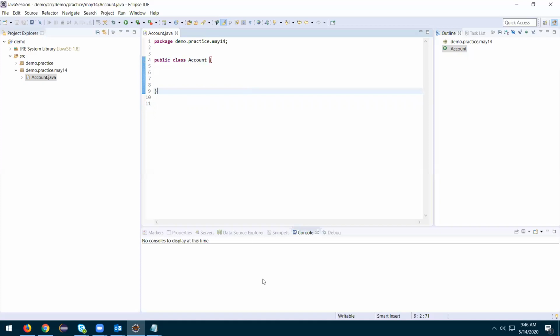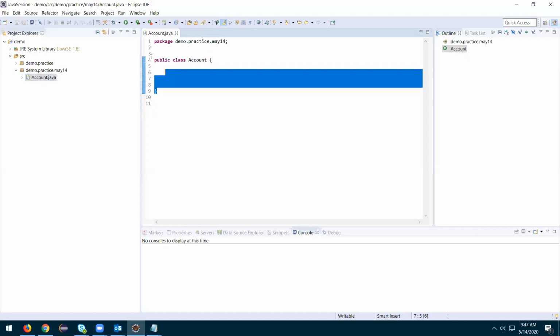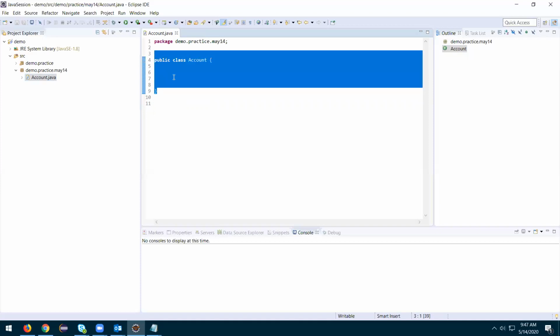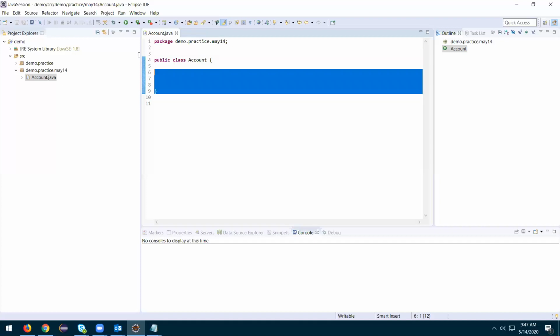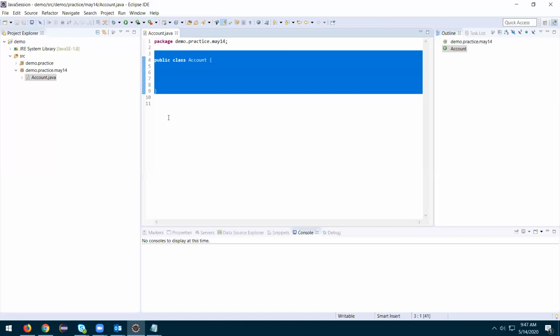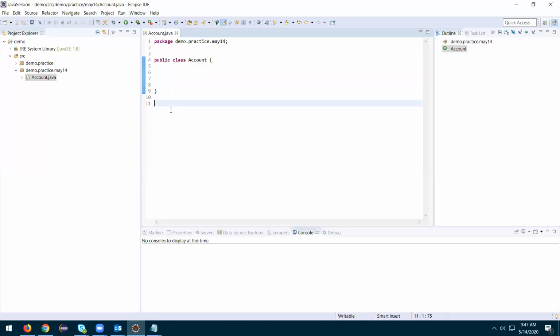Harish, I'm confused with that one compilation. What is that? Compilation unit is basically a Java file. One Java file should only contain one class. It is a convention, not a rule. We can have multiple classes, but practically we have one class in one Java file. Technically, we call a Java file a compilation unit. Okay, so one Java file should have only one Java class, you're saying? It's not a rule, we can have multiple classes, but practically we only write one class per Java file.